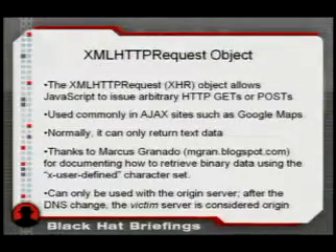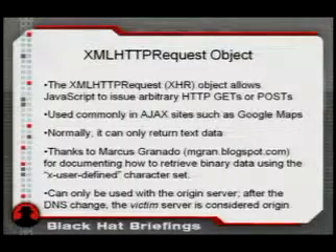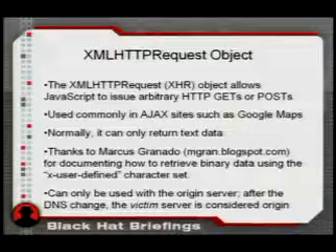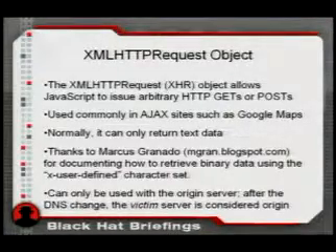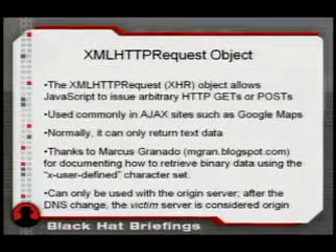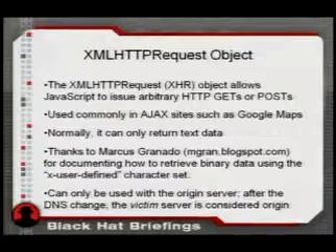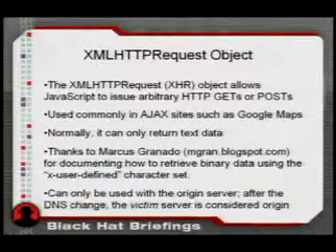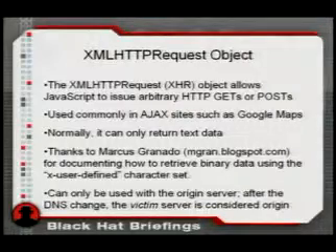Finally, the XML HTTP request, like I said, is used to request data by the victim browser from the victim web server. XMLHttpRequest is an object in the HTML document object model. It's probably best known for being the core functionality of AJAX sites like Google Maps or Yahoo Mail. Now, normally it can only return text data. As the name implies, it was designed for exchanging XML.